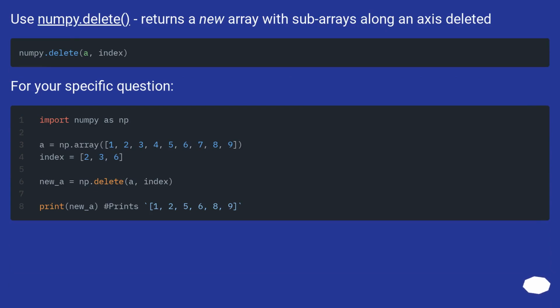Use numpy.delete, which returns a new array with subarrays along an axis deleted. For your specific question,